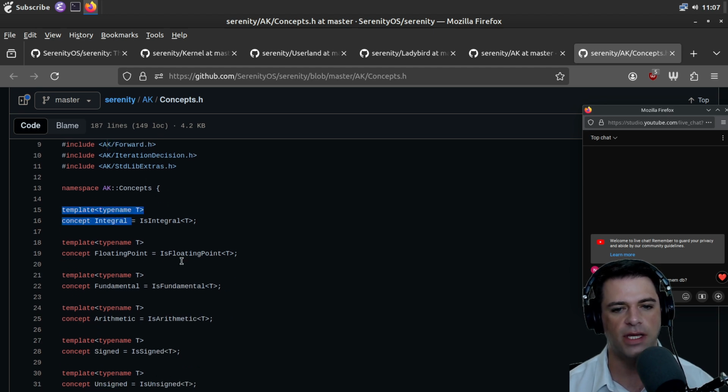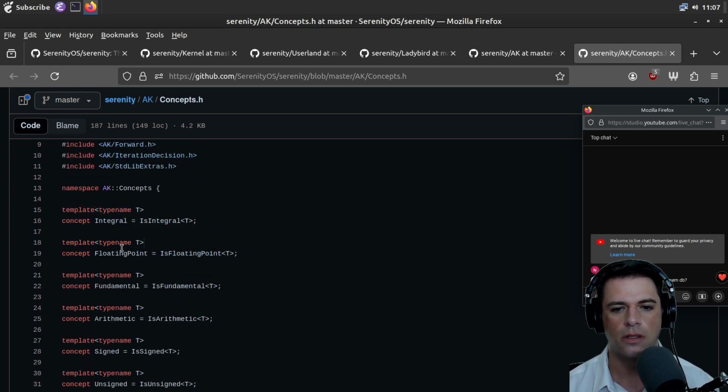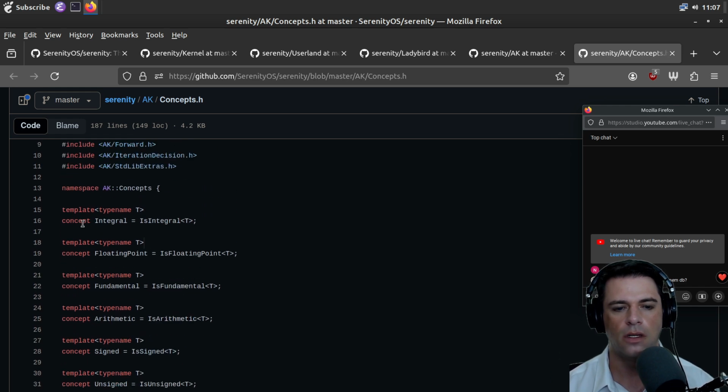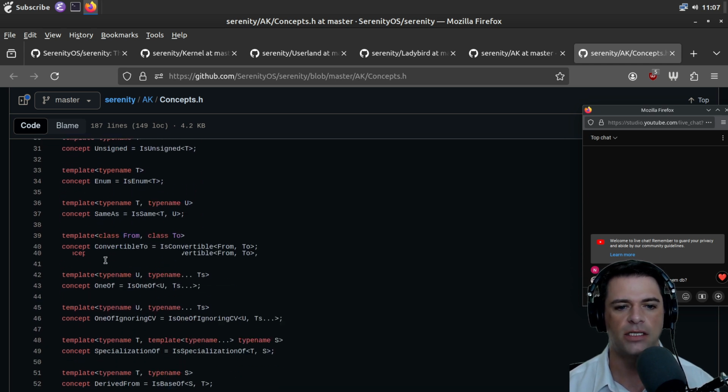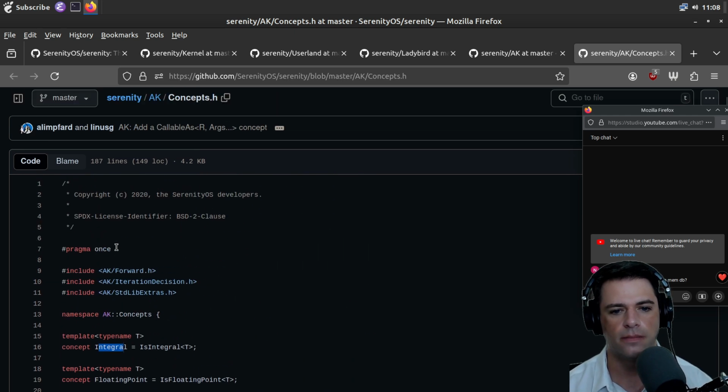In concepts, we have things like is integral, is floating point. Oh, no. The concepts are things like integral, signed, unsigned, enum, one of. What on earth? Hash compatible.